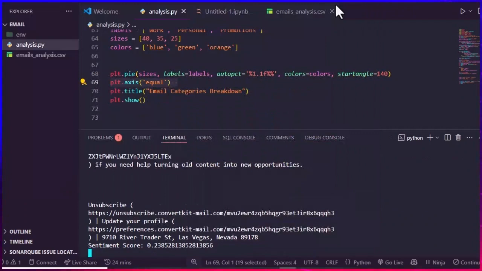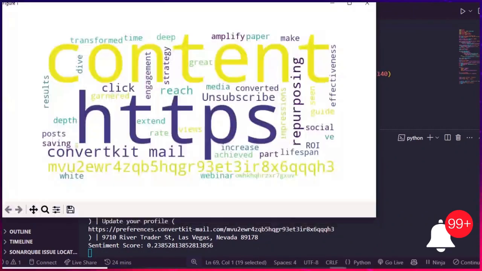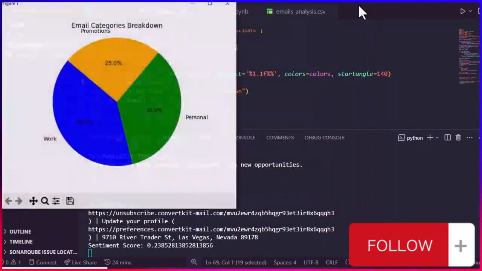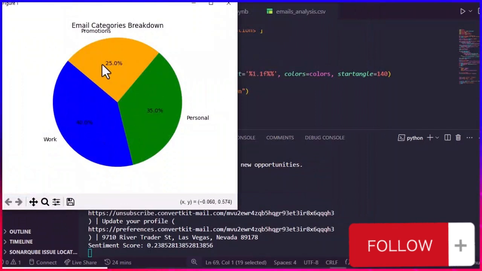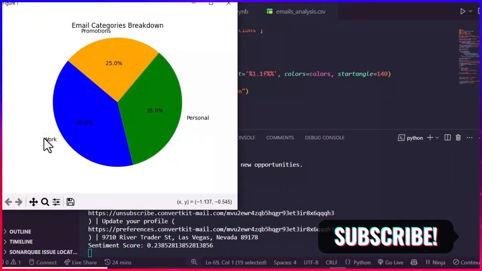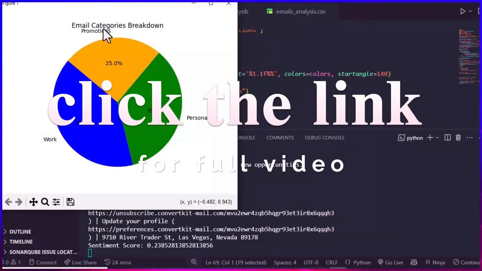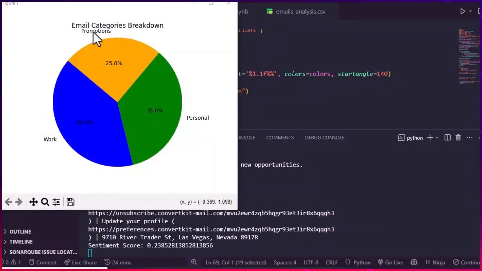So if I minimize or close this, all right, so look at it now. By category you can see personal email, work email, and the rest. So email category, the one that is